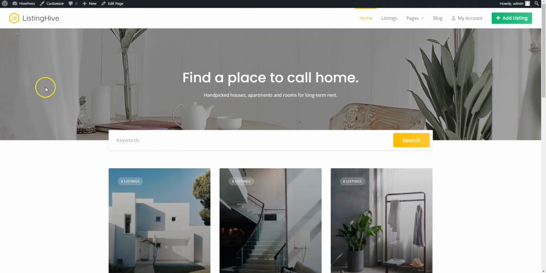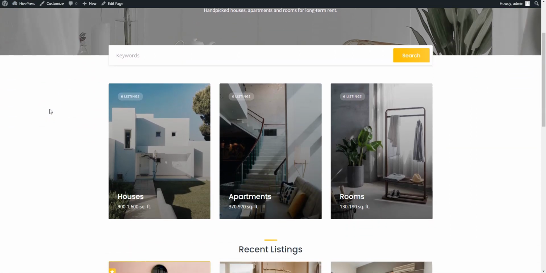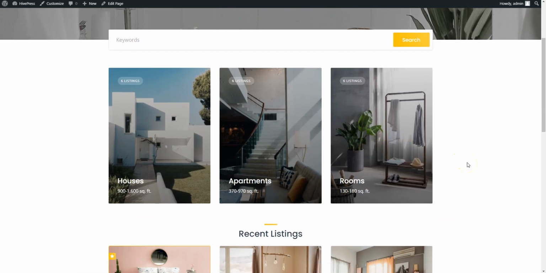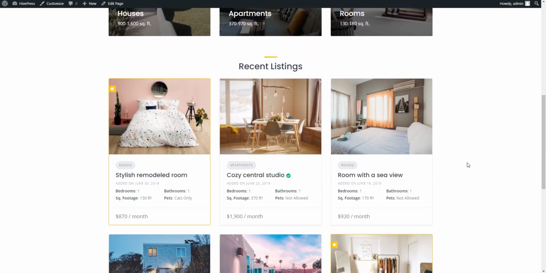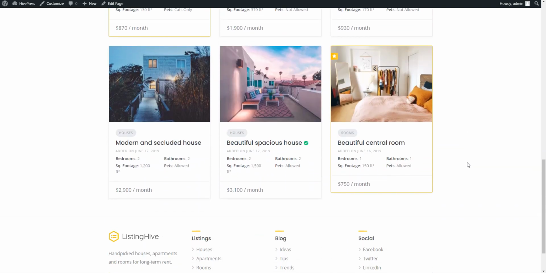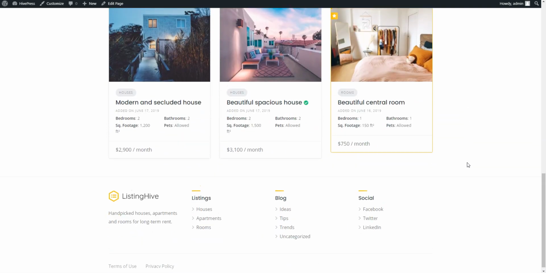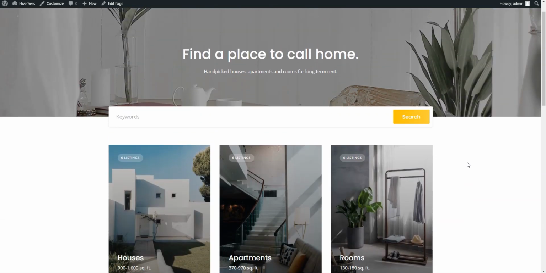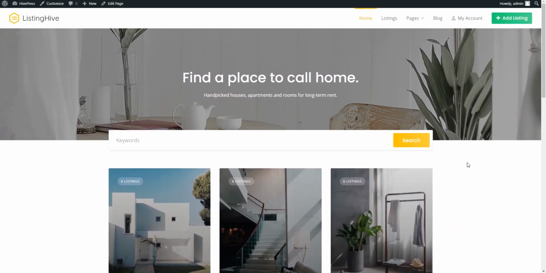As you can see, with the Listing Hive demo content, you get some pre-made pages and layouts that you can start customizing right away. But there is only the core functionality at the moment. So let's add some extra features to your real estate directory before moving on. Go to the WordPress dashboard,